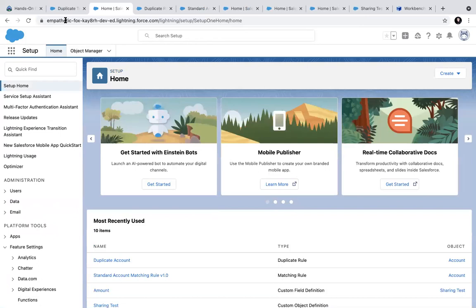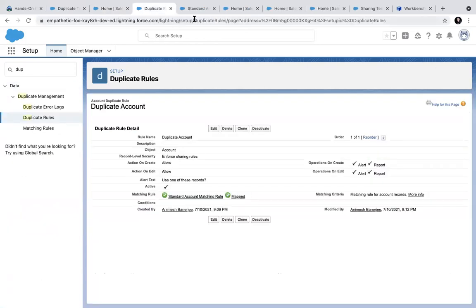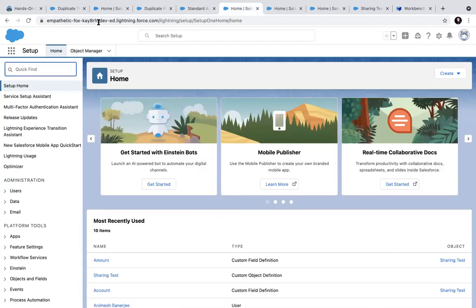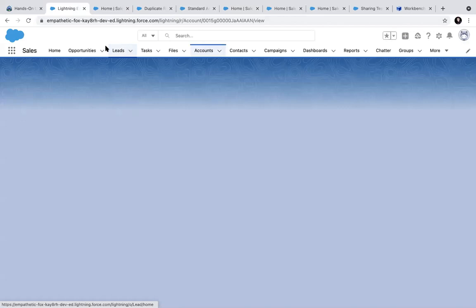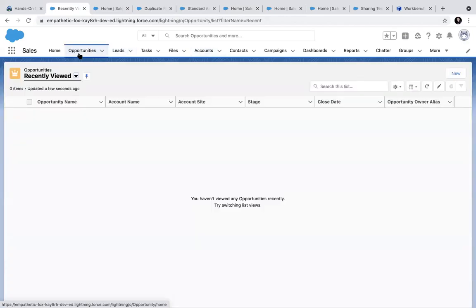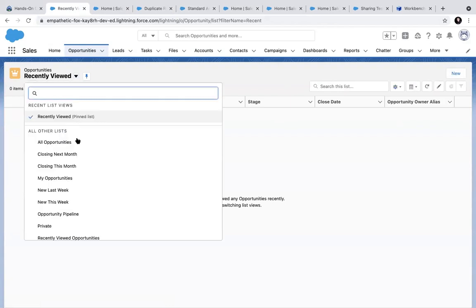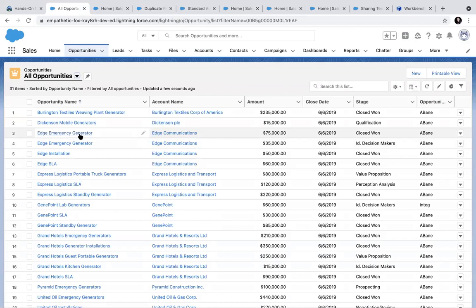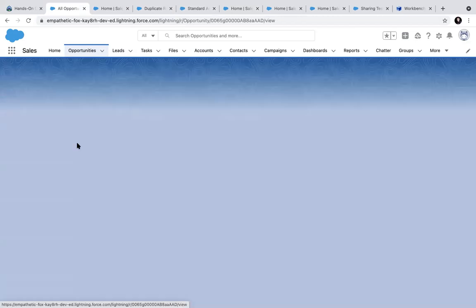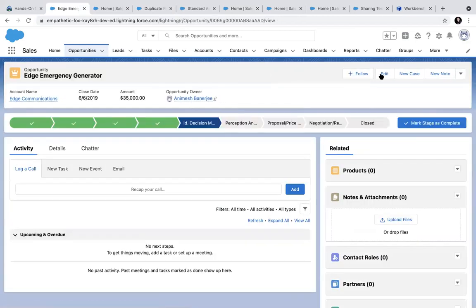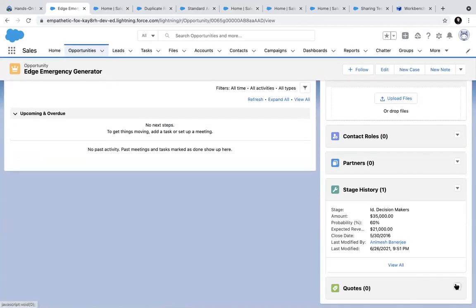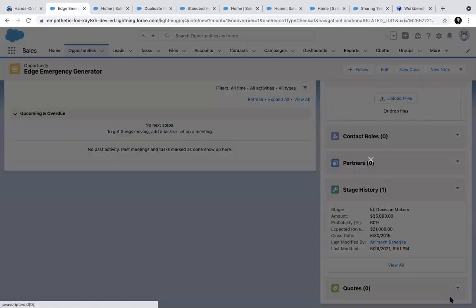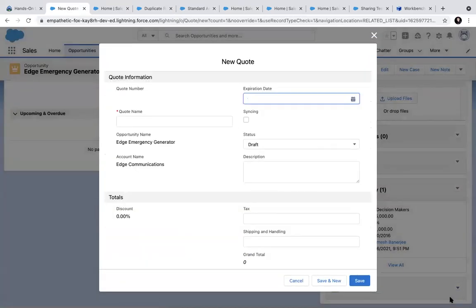So what happens is now if you go to any opportunity, here you can create quotes. But this is the default general quotes, which is quite unsophisticated, because in enterprise application,